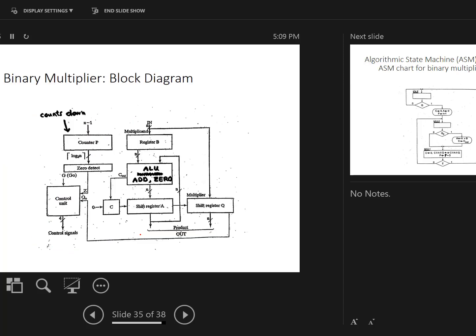There are different ways that you can implement a multiplier. This is one example approach. So I'm going to need several registers, first of all. One that holds the multiplicand up here in register B. I'll use another register for holding the multiplier initially. And then I'm going to use another register, and in fact, in this design, what I'm going to do is combine the registers A and Q down here at the bottom, which at the end will hold the final result, or the product of the two numbers held